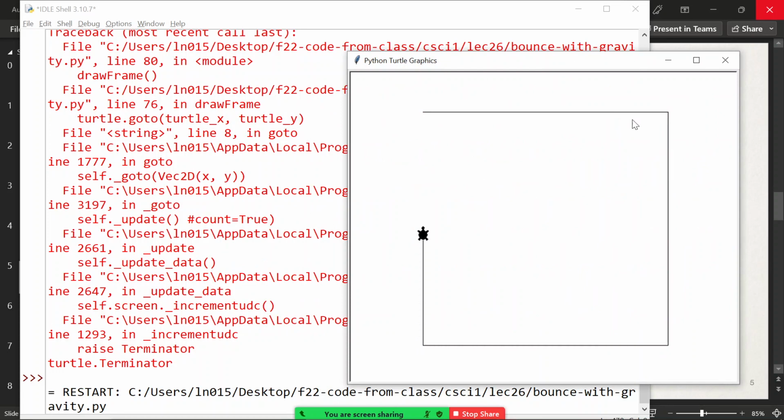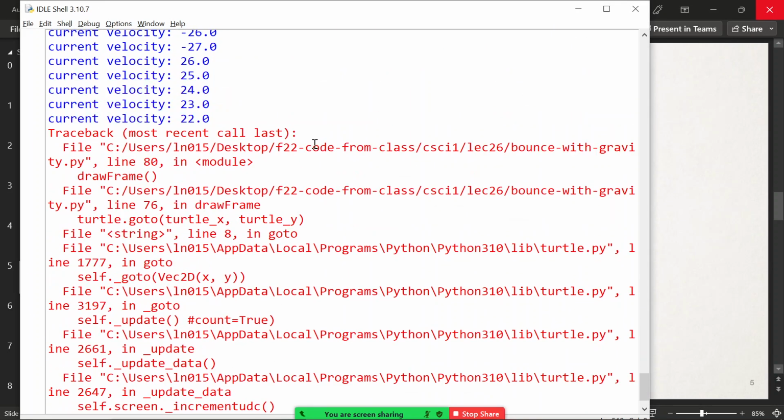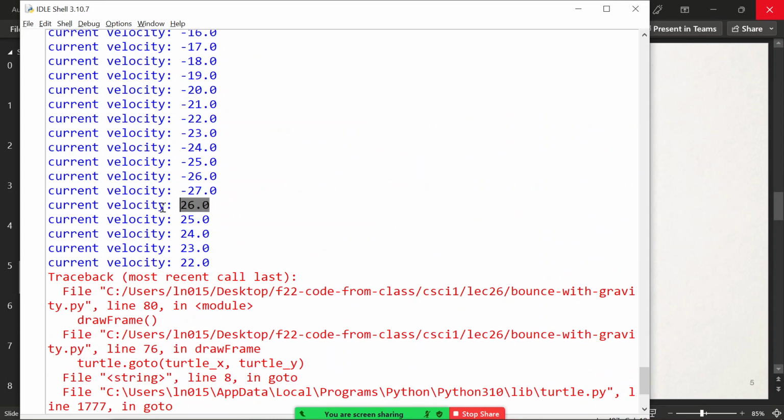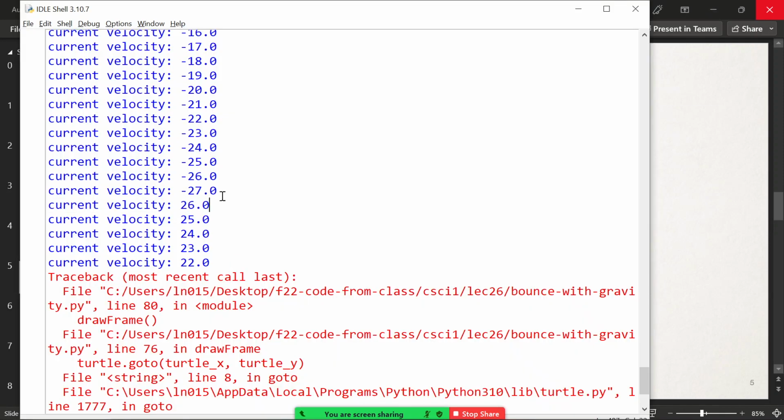So watch with your good eyes, everybody. Boop, right there. It looks like it was 26. We shot it back up with 26 velocity the first time. So potentially, and it's going to lose velocity every time it goes underneath the wall and we bring it back up because it didn't get to go as far as it really wanted to, if we just hard code every time it bounces off the wall, if we hard code the velocity to be, I don't know,